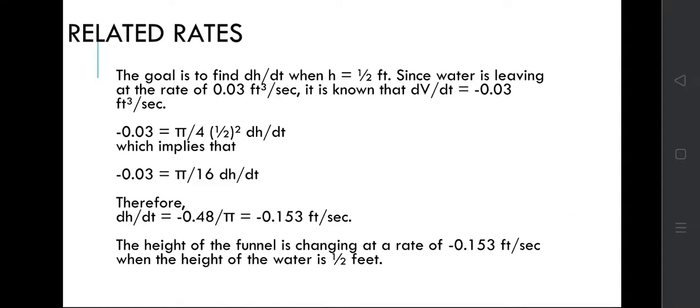Since meron na tayong derivative ng function, ang goal na natin ngayon is mahanap ang dH over dt when h is equal to 1/2. Since water is leaving at the rate of negative 0.03 feet cubed per second, it is known that dV over dt is negative. Yun na nga. Negative 0.03 is equal to pi over 4 multiplied by 1/2 squared dH over dt, which implies that negative 0.03 is equal to pi over 16 multiplied by dH over dt. Therefore, dH over dt is equal to negative 0.48 over pi, which is further equal to negative